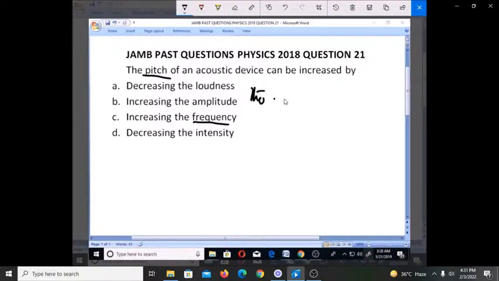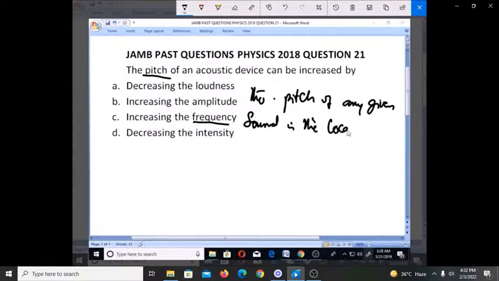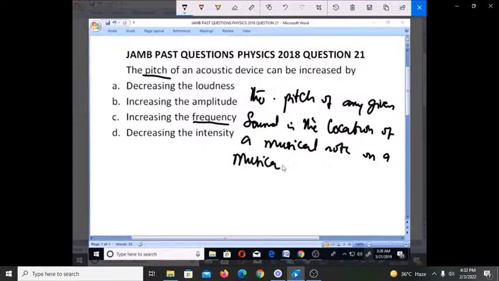We can say that the pitch of any given sound is the location of a musical note on a musical scale